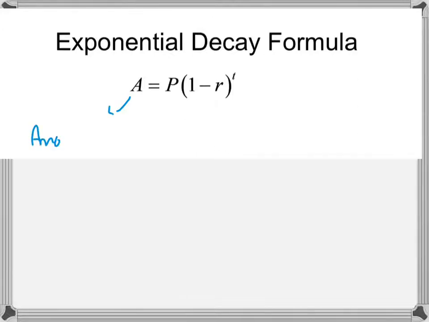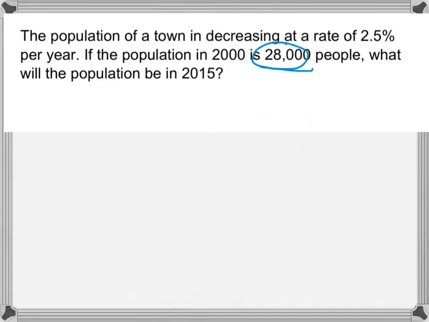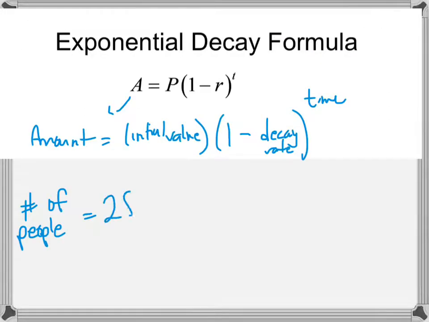So the amount is equal to the initial value, which is called the principal. We can also call that the initial value, or the value at time 0, times 1 minus the decay rate, raised to the amount of time. So for us, we're wondering the number of people after a certain amount of years, and that's equal to the initial value. So for us, that was the 28,000 people. So that's 28,000 people